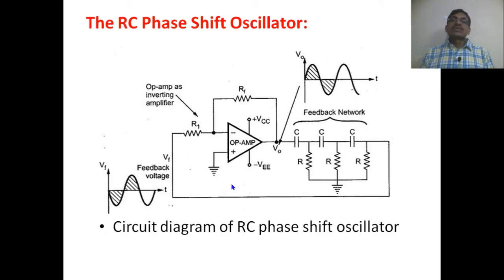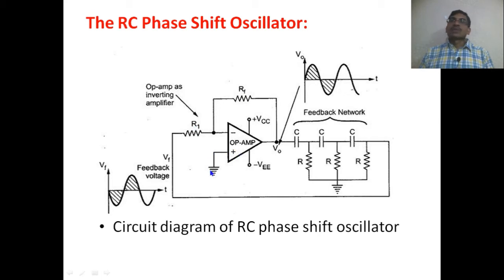This is the circuit of the RC phase shift oscillator using the op amp as the active device. Here, if you see, this op amp is working in the inverting configuration, so it can be called an inverting op amp. The minus terminal is used as the input, and the feedback for the op amp is via RF, which is in the feedback path. From the output V0 to the input of the op amp, we have a resistor RF which provides the feedback, and the input is given through the resistor R1.